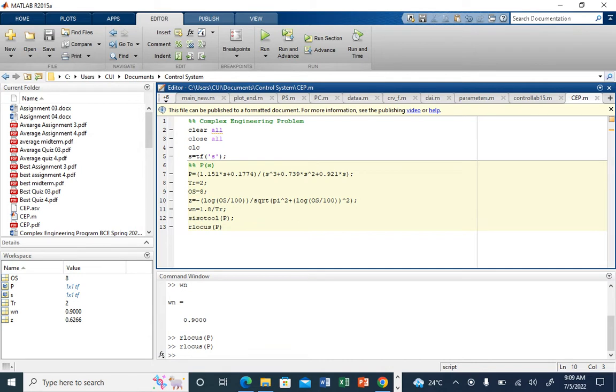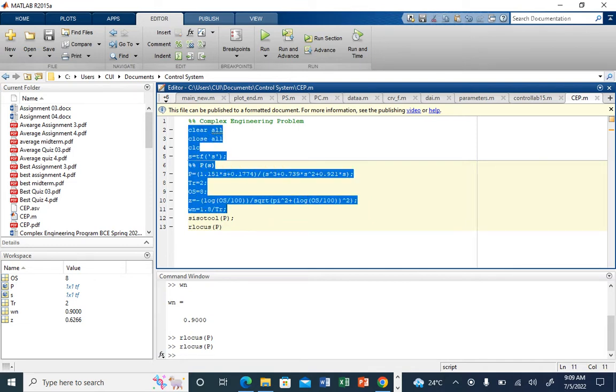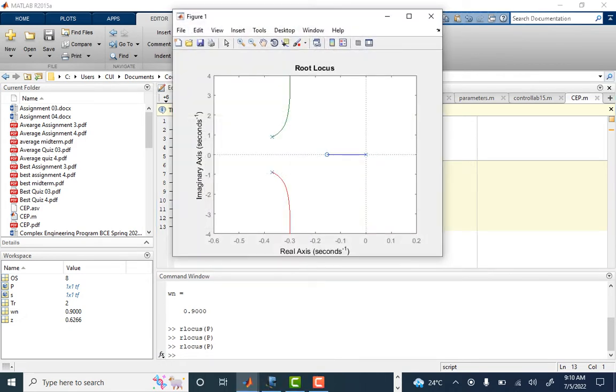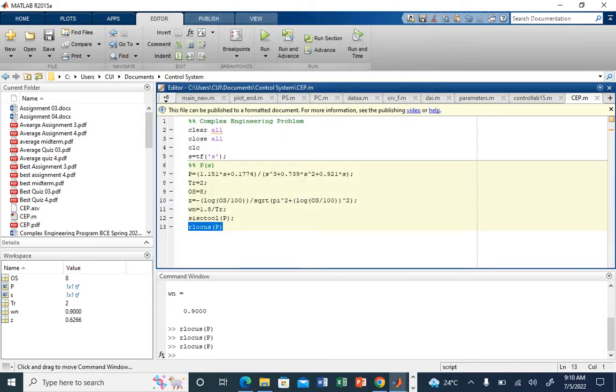Now what I do here, I just run that bit. Okay, alright, and this is rlocus. So when I evaluate it, this is the root locus. So the main idea is to look here, whether we are able to design with a gain controller. So this is the first thing that is clear if I introduce the specification. So I just close this one and go to my